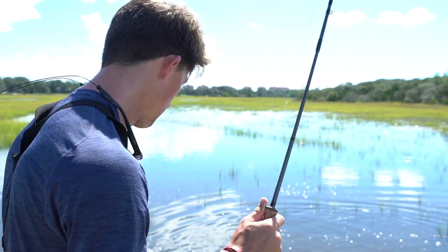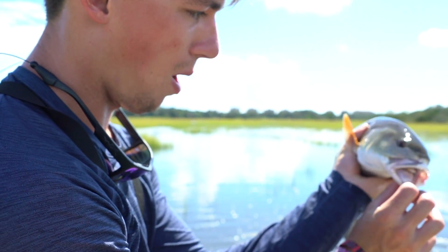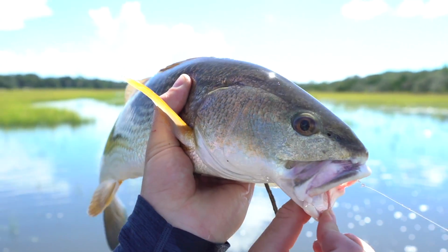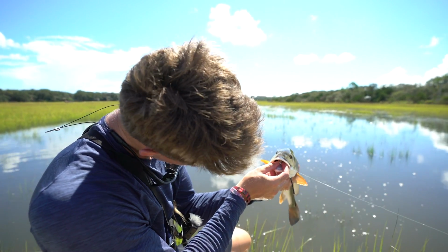I want to show you guys something really quick that Wes was telling me. Take a look at this mouth real quick. First of all, look at where that fly is at. He annihilated it. But take a look at this mouth. When I open that mouth up, tell me what direction is that facing? Primarily downwards. These fish's mouth morphology is designed to grub on the bottom. They're eating crabs, bottom dwelling bait,